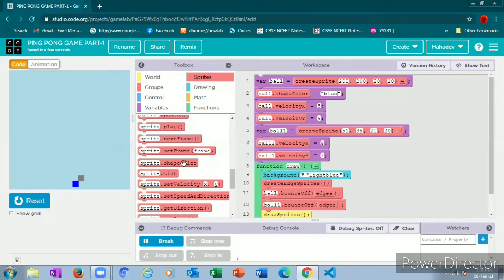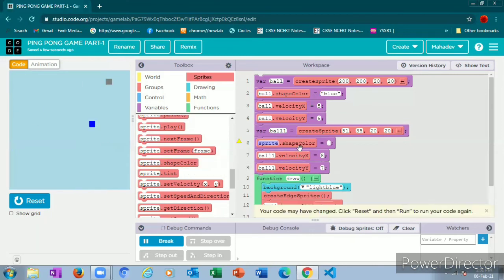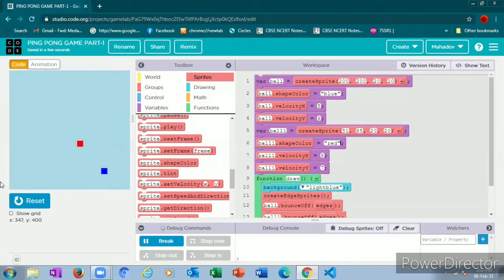Next thing is we want to give a color to this ball also. So drag and drop this over here. Ball 2. No, ball 1. No, we named it ball 1. Here, firstly we must mention the double quotes, and we must give the ball color. See, now it's looking nice, right?